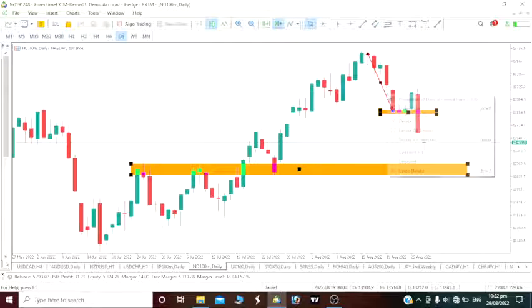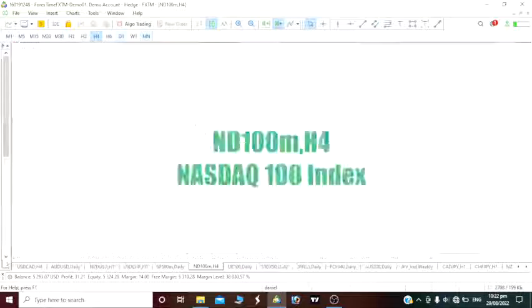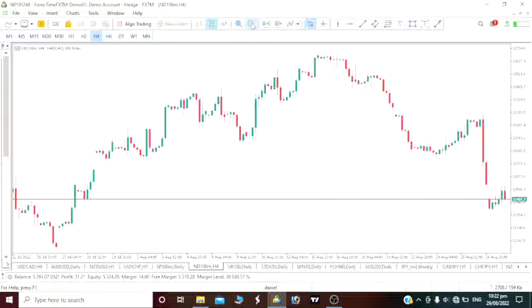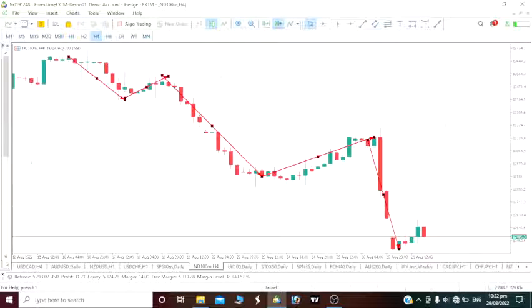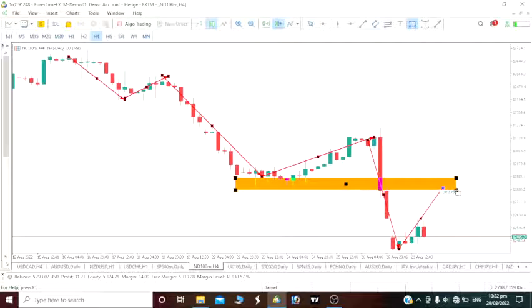So to actually enter this trade, we are going to look at it on our 4-hour time frame. On the 4-hour time frame, we had a huge impulse move. We had a correction here, an impulse move which is actually huge again. We had a correction here, and we are seeing this huge impulse move. So on our 4-hour time frame, possibly we are having a correction here. If we are having a correction, then we see our correction will end at this level here. Once our correction is over, then we'll be having another drop.